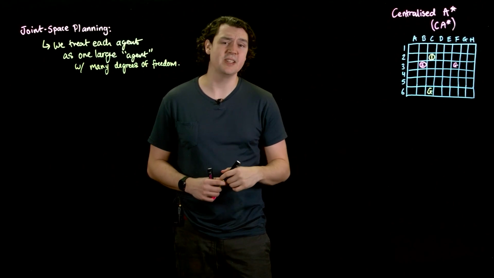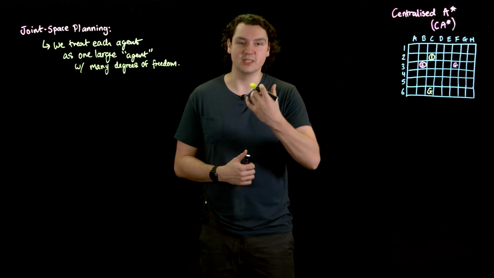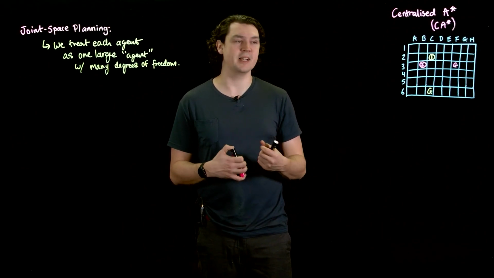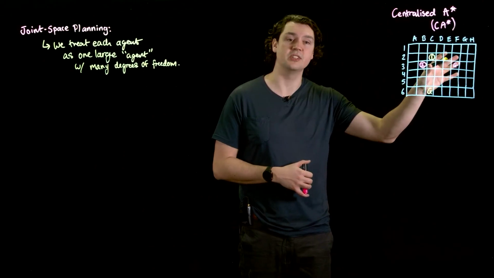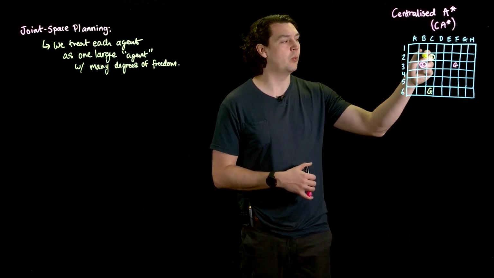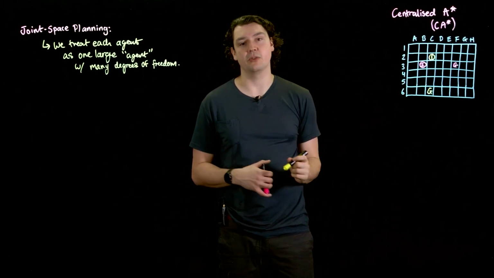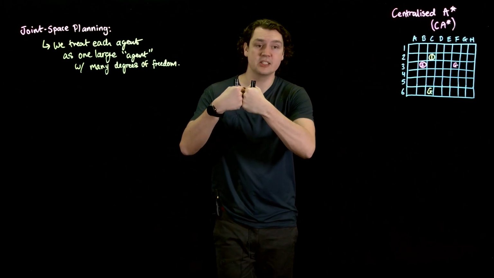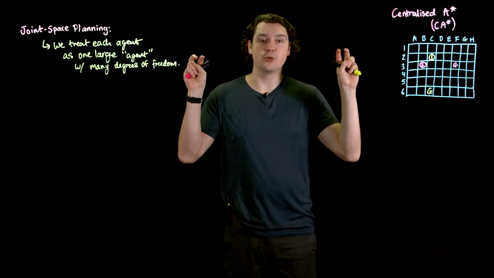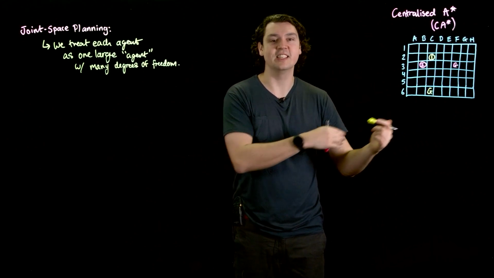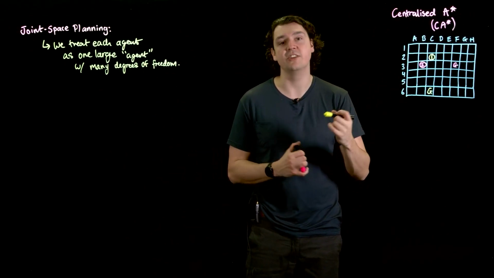Okay, so that maybe is a little confusing, but we're actually reframing the problem to ourselves to say, hey, this is the problem I've been given. This is my state, this entire board state with agent 1, the yellow agent, beginning at C2, and the pink agent beginning at B3. Our state, as we're going to see, is going to be those two locations together, and our group agent, our problem essentially, has many degrees of freedom